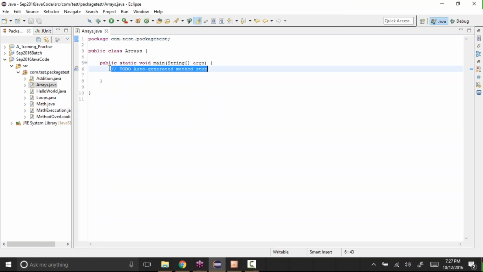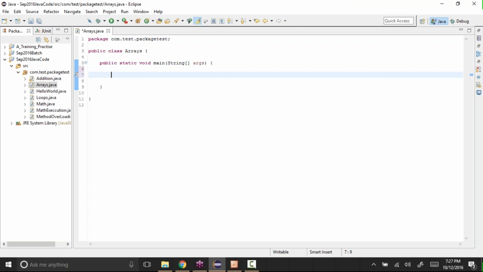Let's say I wanted to create multiple variables, for example int a equal to 10, int b equal to 20, int c equal to 30, int d equal to 40. So what's happening here is we are creating four variables, a, b, c, d, and in each one we are storing some value.